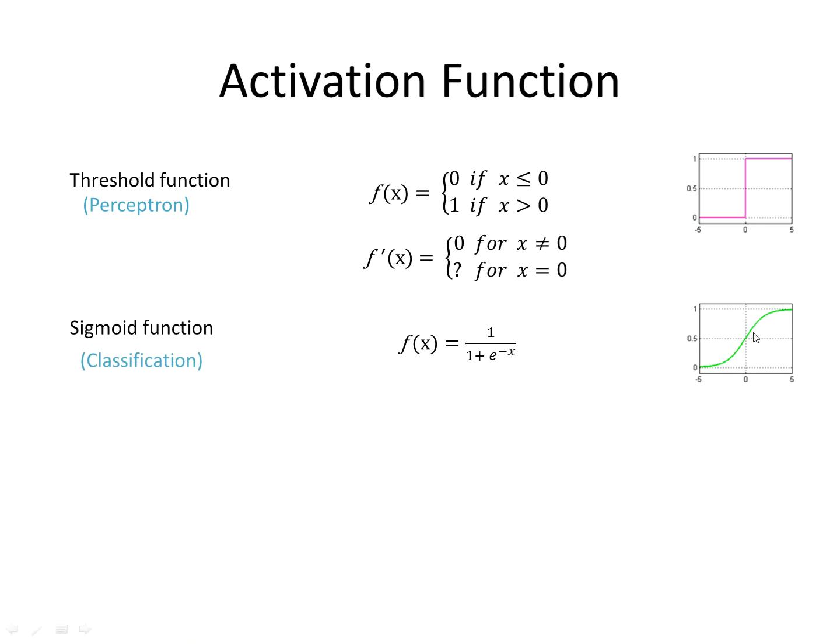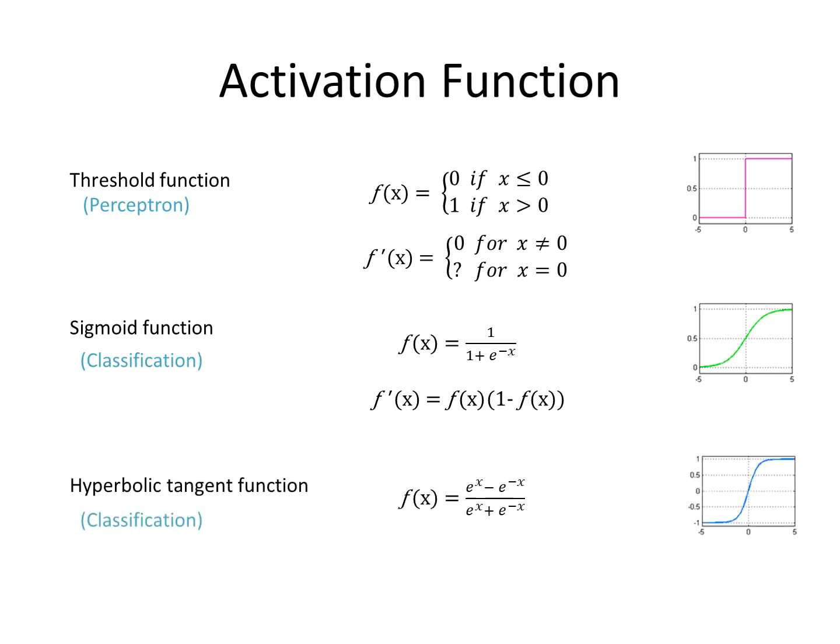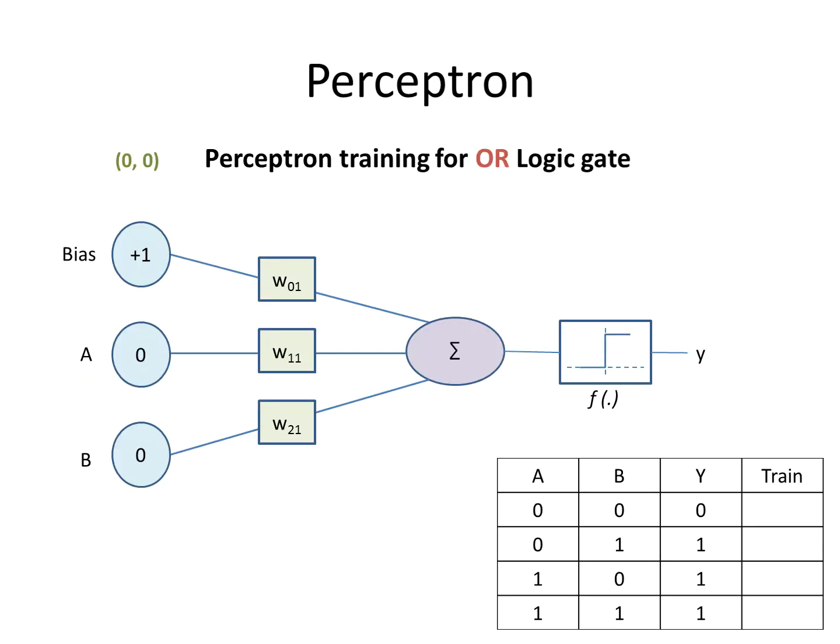This is the curve of that sigmoid function, and this is its expression, 1 upon 1 plus e to the power minus x, and its derivative is this one. So this can be used as an activation function in the multi-layer perceptron. Another is the hyperbolic tangent function. This can also be used in the multi-layer perceptron, and the difference between this and the sigmoid function is that the sigmoid varies between 0 and 1. In the case of the hyperbolic tangent function, it varies between -1 and +1, and its derivative is this one, 1 minus f square x.